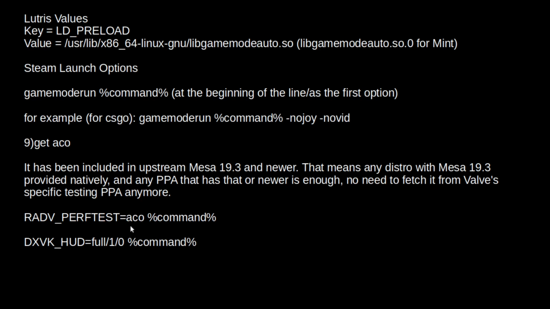Write this command first and then space, write DXVK_HUD=full, for example, and then space and then %command% only once, and then after those you can type in any additional game specific options,